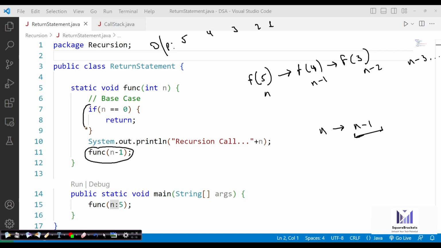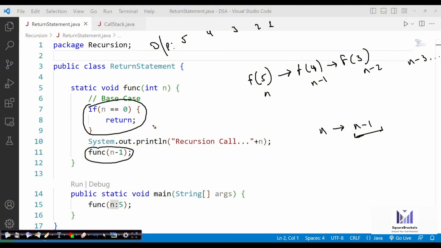Now, this is the base case, or we say terminating case. Whenever we are using recursion, we need to make sure that once our objective is achieved, at a particular moment, we have to stop the calls. It should not execute infinitely.